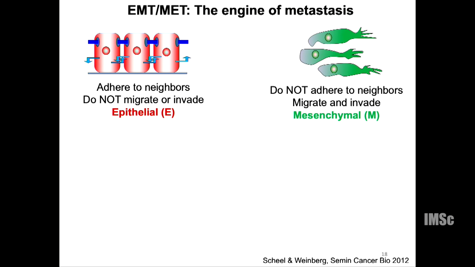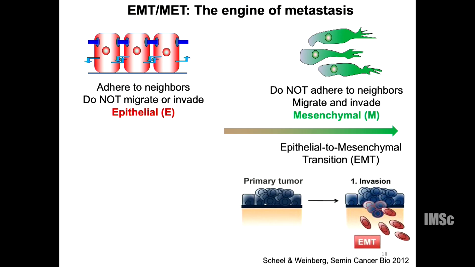Now, if you think of the most common solid tumors, say breast cancer, prostate cancer, lung cancer, liver cancer, etc., they are all epithelial in origin, which means that cells are stuck tightly to their neighbors. They do not have the intrinsic ability to migrate or invade. But then they gain these properties, which are usually the properties of mesenchymal cells in our body, and they begin to migrate and they breach the basement membrane, they reach the blood vessels, and they're able to enter the circulation